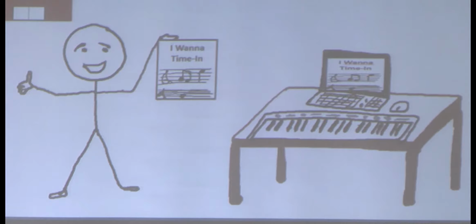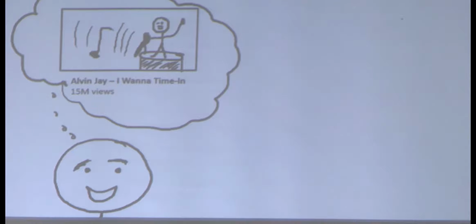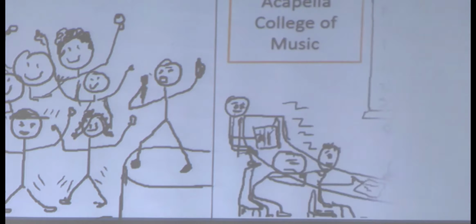This is Alvin. He is a music major in his senior year, aspires to be a full-time independent singer-songwriter, and just wrote his first original song called I Want a Time In. Alvin wants to post a video on YouTube of himself performing the song, but he's concerned about someone taking the song without permission and treating it as their own. Alvin took a copyright law class in music school but did not pay close attention in class. Plus, law was kind of dry and boring to him.